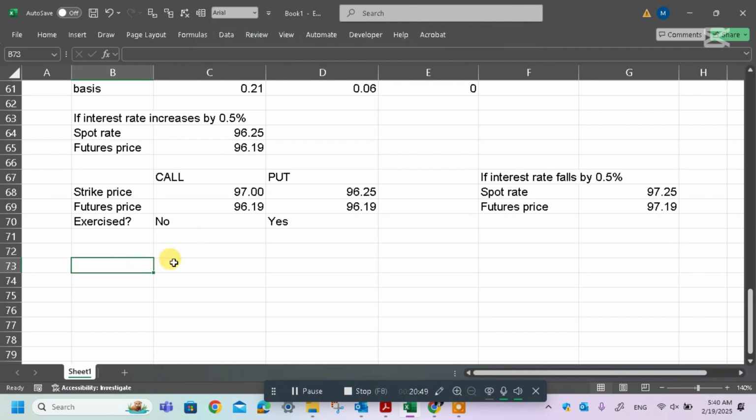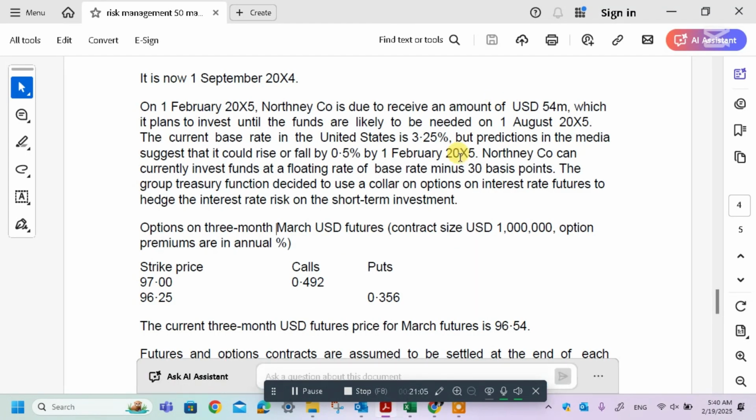The return, deposit return or investment return, 54 million you are investing. Here we assume spot rate is 96.25. That means 3.75 percentage. They can borrow at